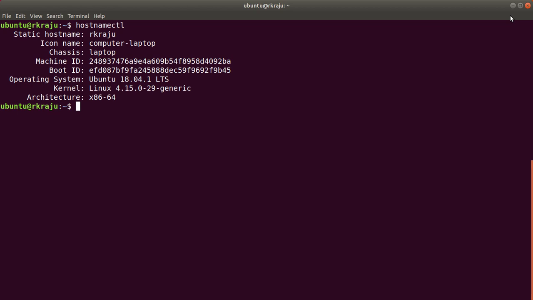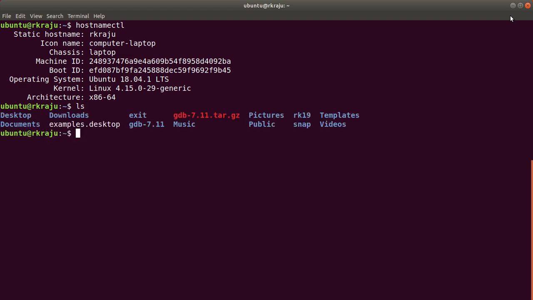Now, let us list what is there inside your kernel. Now, in this I have created a directory, so I want to move into my directory named RK19. Inside this, just for the sake of understanding, I have created one more directory called commands. So, we will go to the commands path,